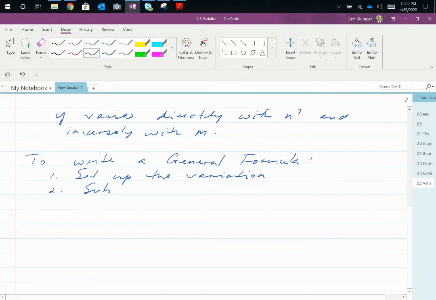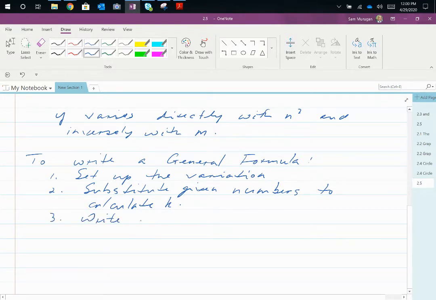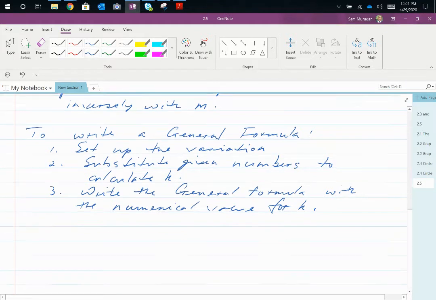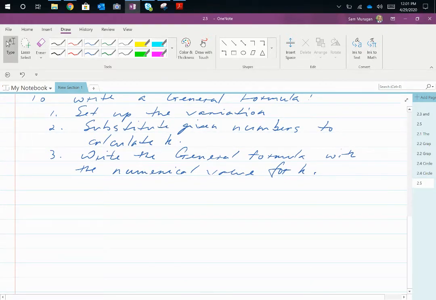Two, substitute given numbers to calculate K. And three, write the general formula with the numerical value for K. So for example, if I have